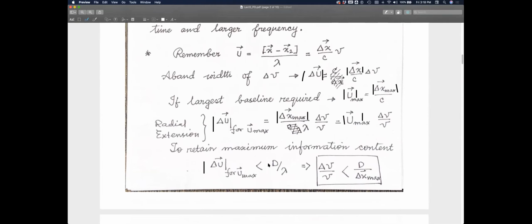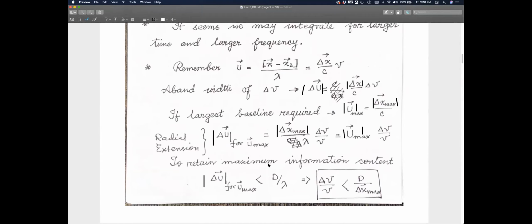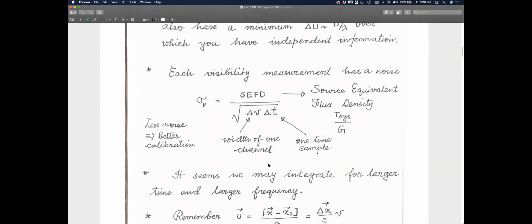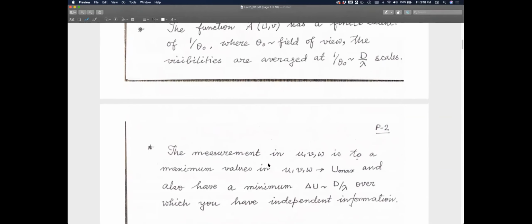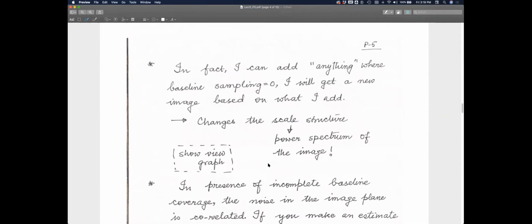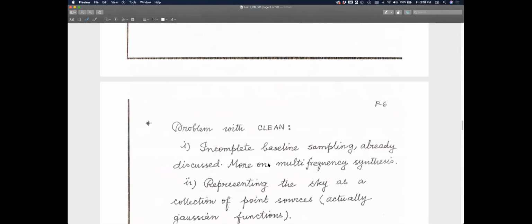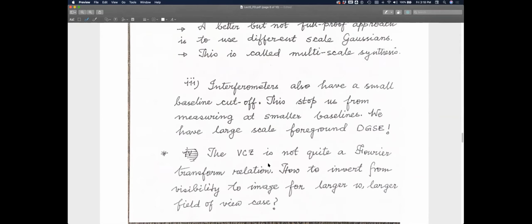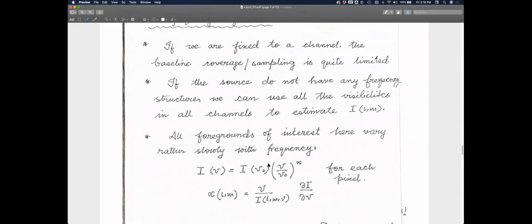Why more measurements? Because then every frequency will measure at a slightly different baseline, shifted in the radial direction. Arnav showed you that the baseline gets shifted in the radial direction. So one uses that while doing the multi-frequency synthesis. So let us ask the question, how do I do that? And as I said, this is only possible if your source is not a function